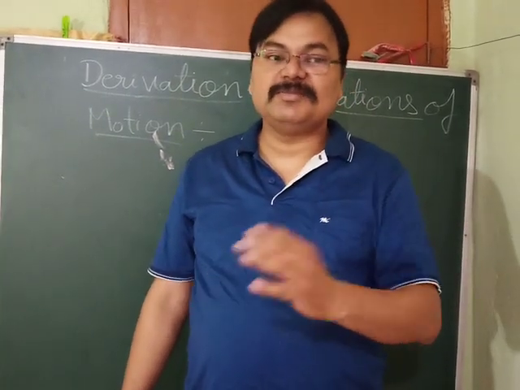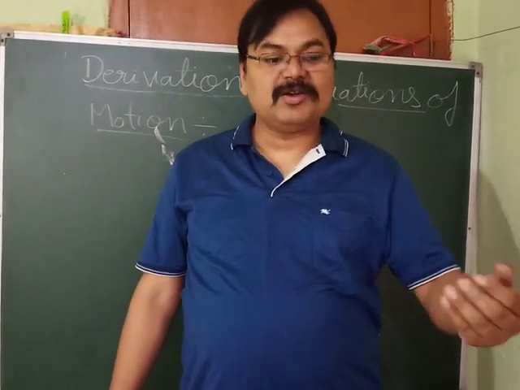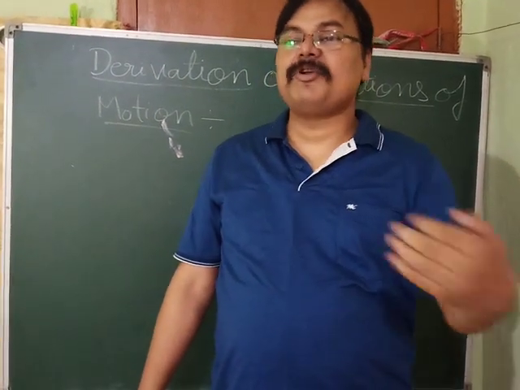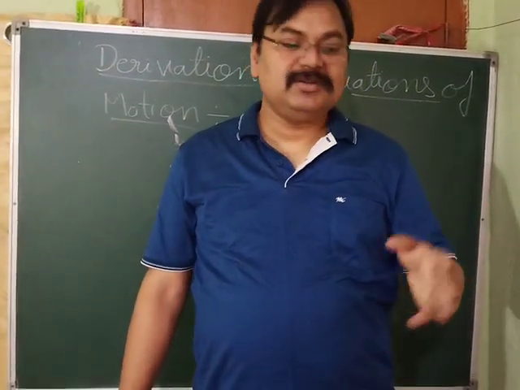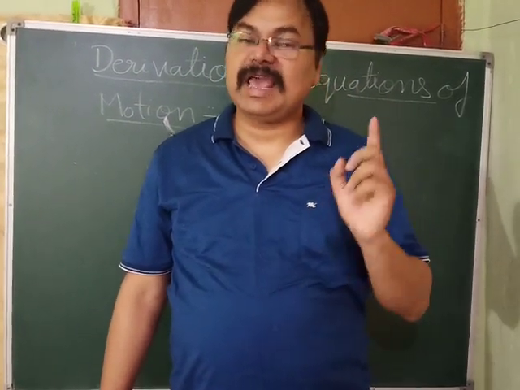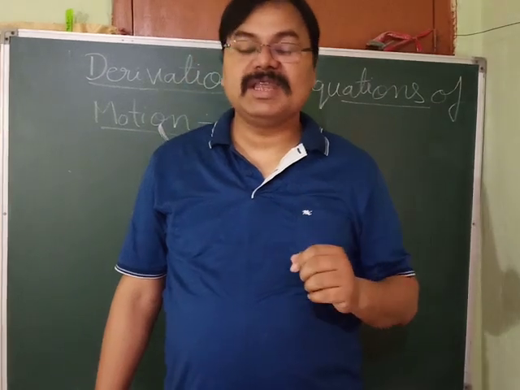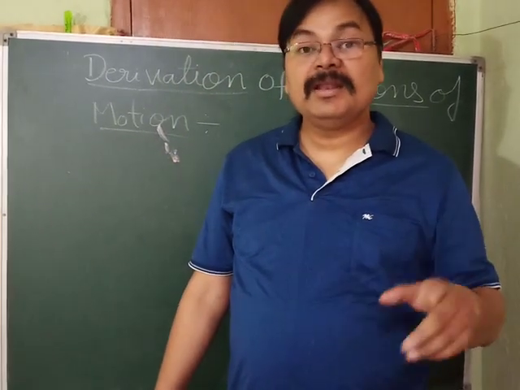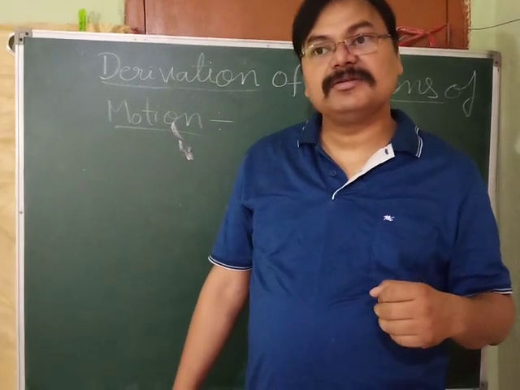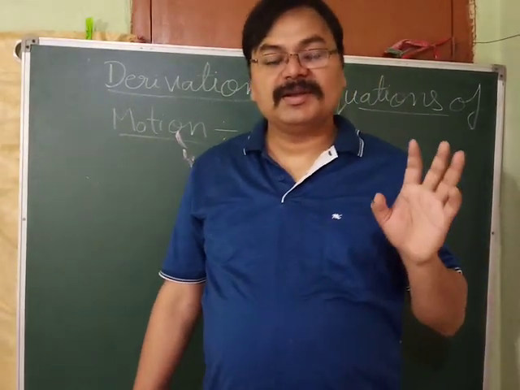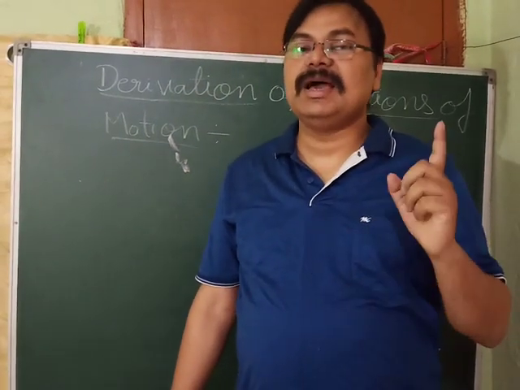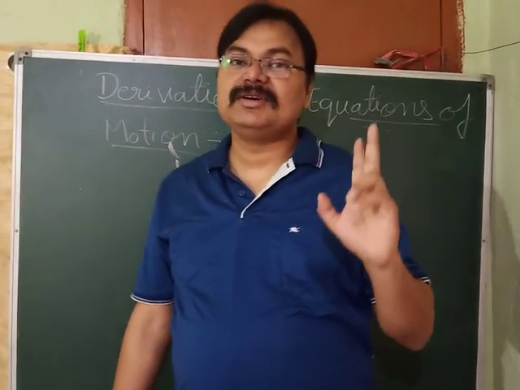Final velocity will change, because we don't know whether you are going to take the final velocity after 10 seconds or after 20 seconds or after 50 seconds from initial. As you take different times, you will get different final velocity. Time is variable, final velocity is variable, and when the body is moving, displacement is also variable. So displacement, time, and final velocity are variables, and initial velocity and acceleration are constants.